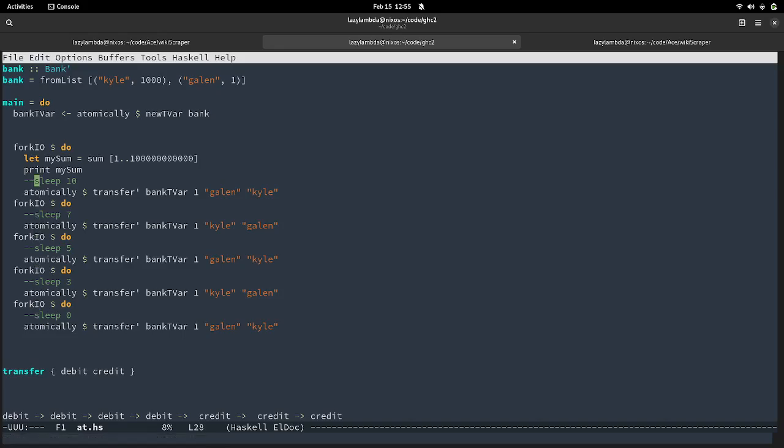Yeah, so for example here, if we take away these sleeps, we kind of added in these sleeps to get an idea of program execution. But this program, as it stands, will work. This will never have an error because I start it with 1, I transfer to Kyle, then this is going to run next. Kyle transfers it back to me, and then I transfer it back to him.